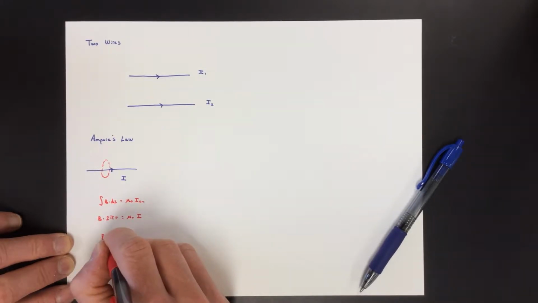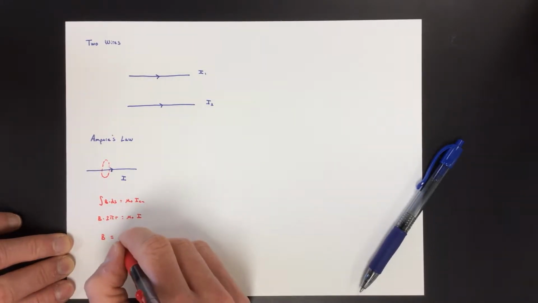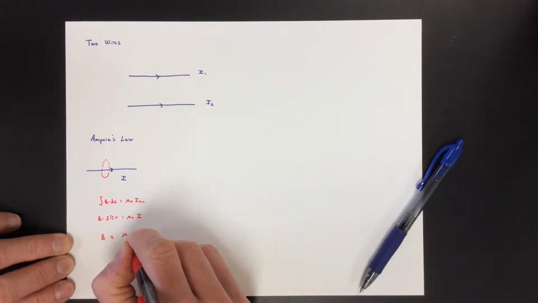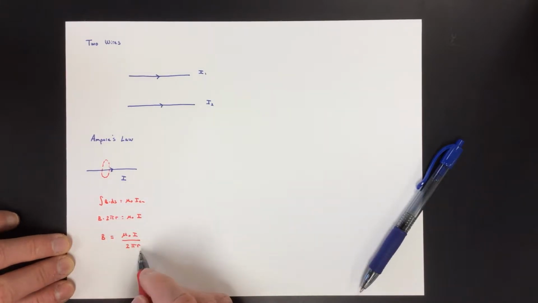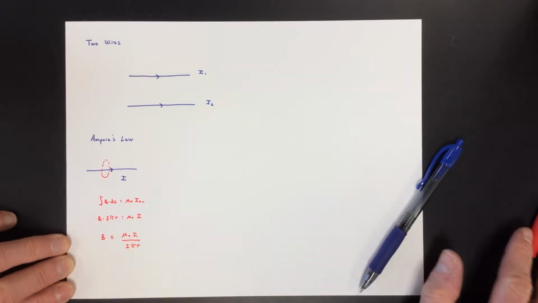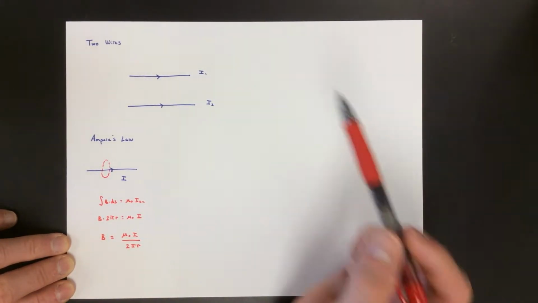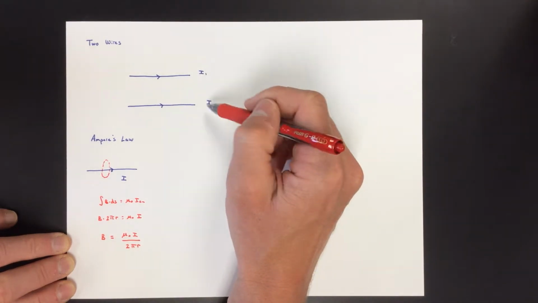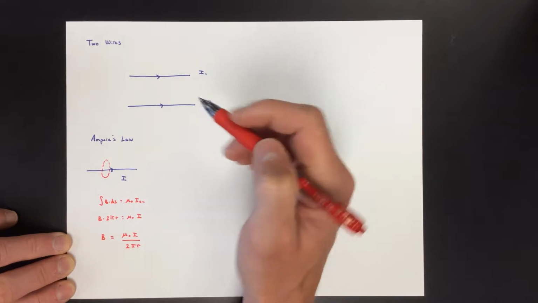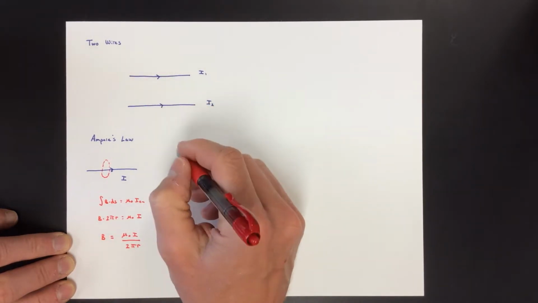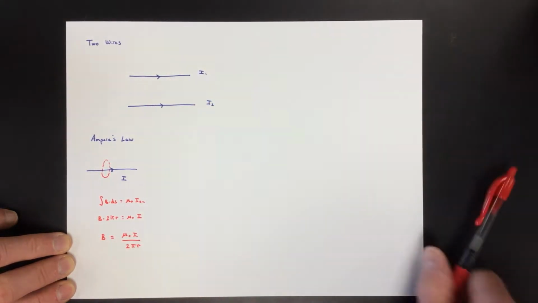So this tells us that the B field due to a current carrying wire is mu naught I over 2 pi r. The B field is a function of r. So we have a situation where both of these currents, I1 and I2, are going to create a magnetic field, but we also decided that the magnetic force